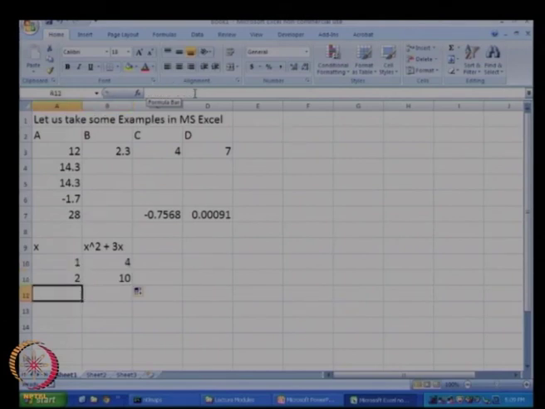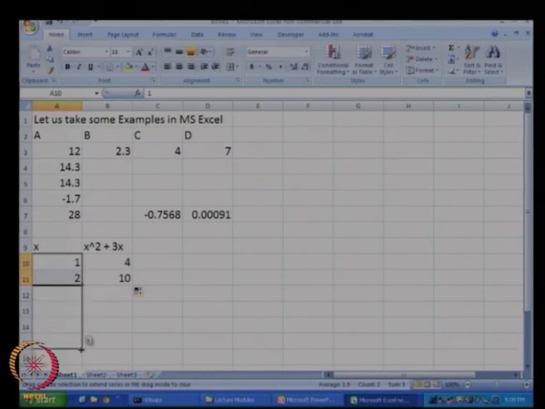Okay. Now let us say we wanted to do it not just for 1 and 2, but for 1, 2, 3, 4, 5, 6. So what I can do is highlight both these numbers 1 and 2, take my cursor to the right bottom, and just drag it below.